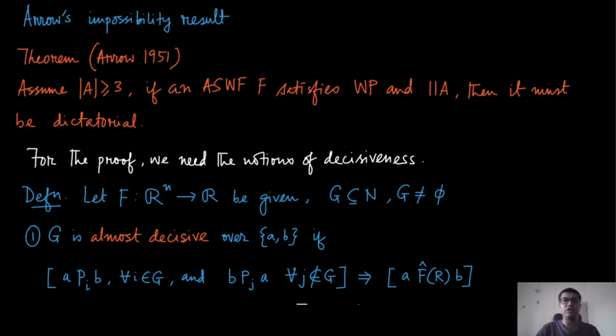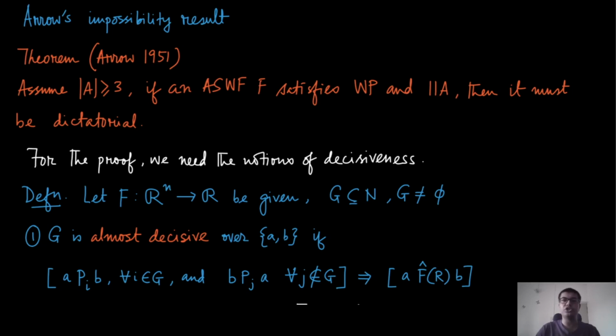It says that if you have any 2 arbitrary alternatives A and B, and if everybody prefers A over B, then the social ordering should also maintain that order. That is weak Pareto. Independence of irrelevant alternatives says that if you have 2 preference profiles R and R prime,